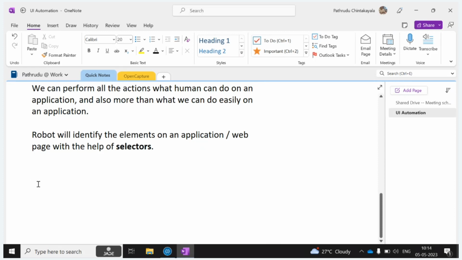So can we say something much better than the word locator? Because when you say locator, it can be a selector or it can be a geoposition, right? Identifier, web elements, or